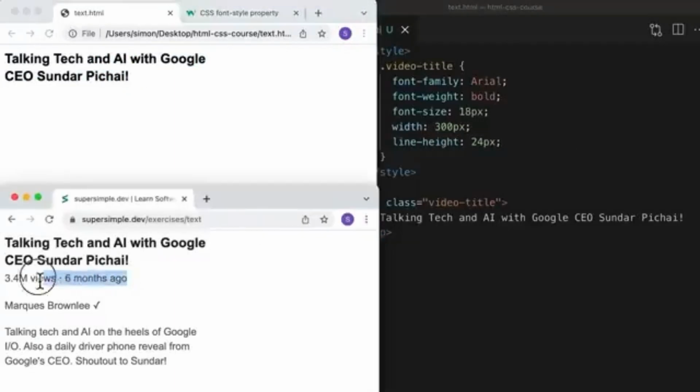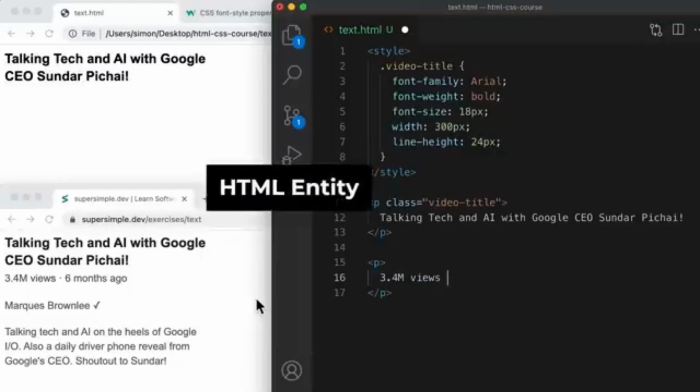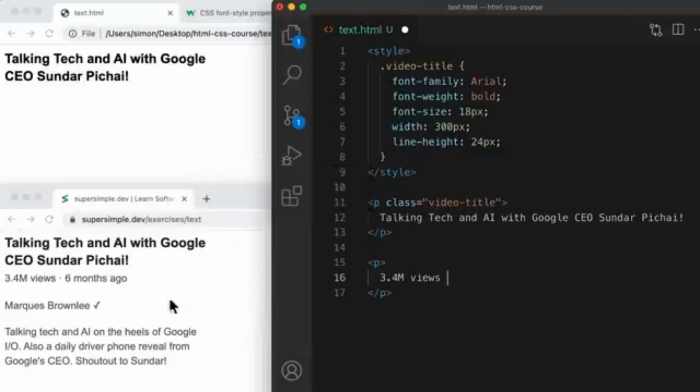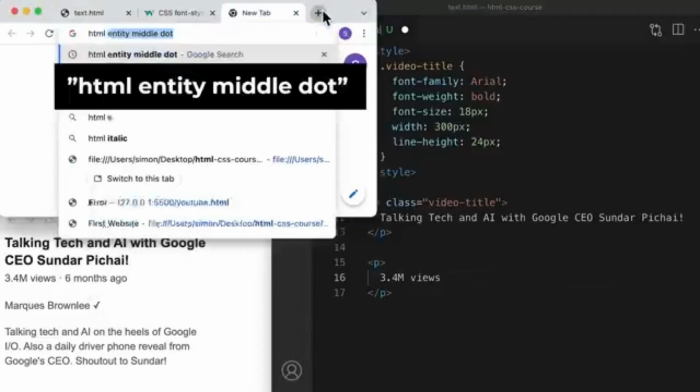Next, let's work on the second paragraph. So we're going to create a new paragraph. 3.4M views. And now to create this dot, we're going to create something called an HTML entity. So an HTML entity lets us type out special characters. For example, this dot and this check mark. To get the HTML entity for this dot, we're going to Google HTML entity